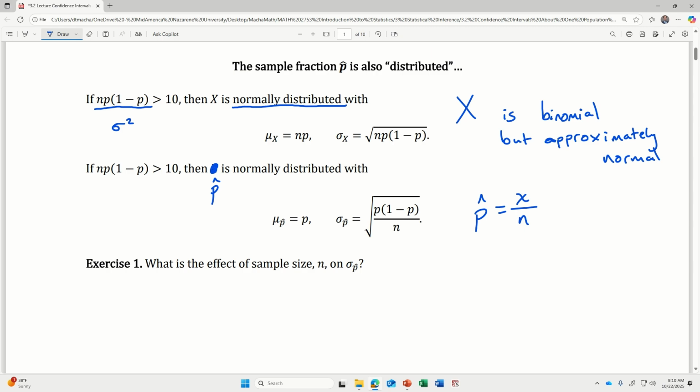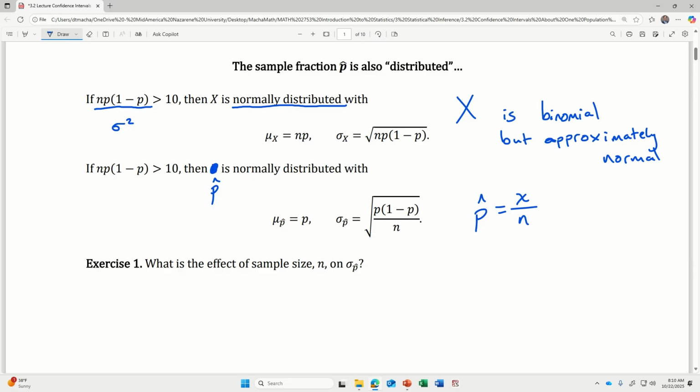So if I increase my sample size, how does that affect the standard deviation? It makes it smaller. If n gets larger, because n is in the denominator, it's going to make the standard deviation of the sample fraction distribution smaller,